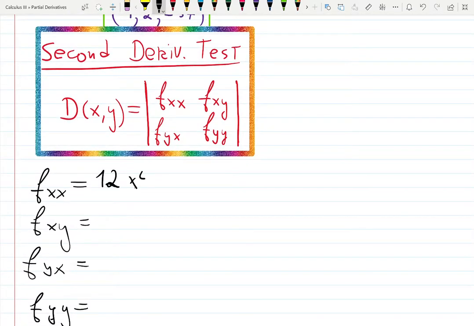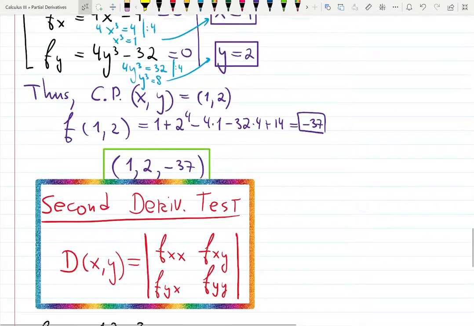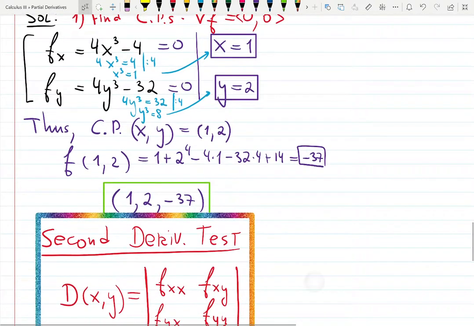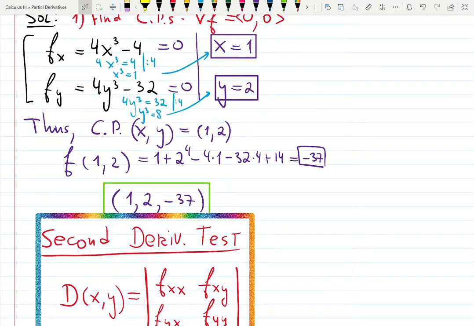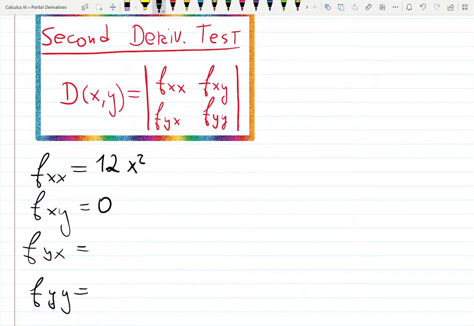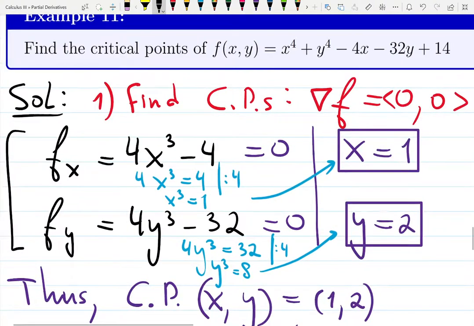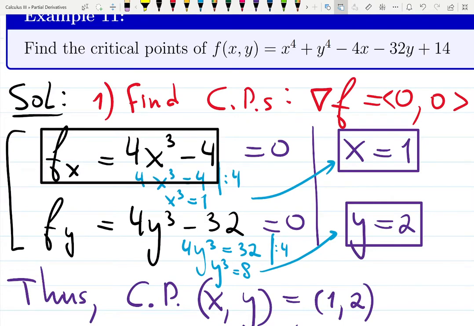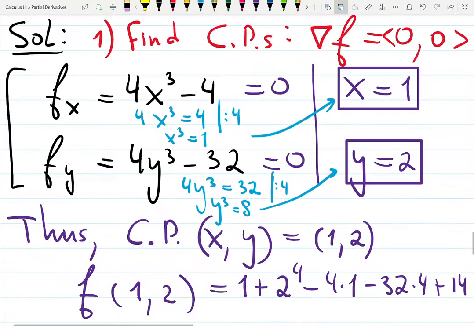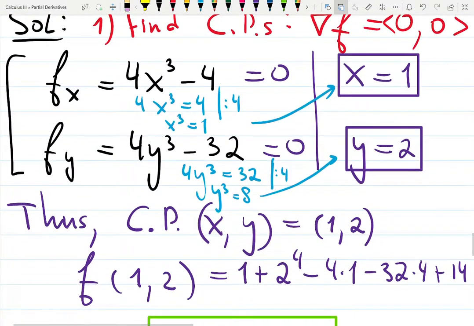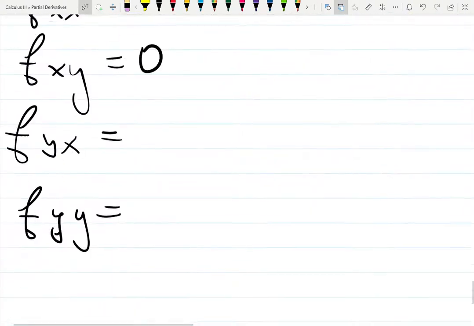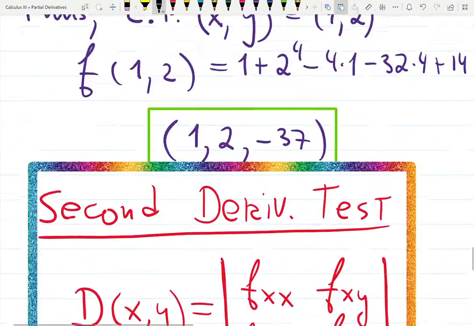Because it was just 4x cubed minus 4. fxy. 0. How can you explain that this is 0? There is no y in the first derivative with respect to x. Put these in the boxes because we will keep reusing them. fxy is 0. Do you all agree on this? It's taking the derivative with respect to the variable which is not there. So fyx will be 0 as well, right? Because there's no x in the second line. So these are the same. And fyy is